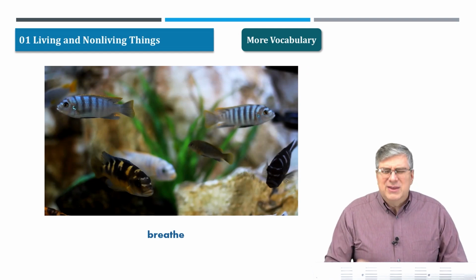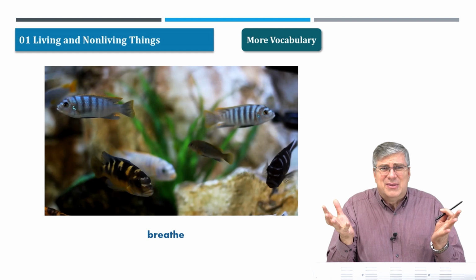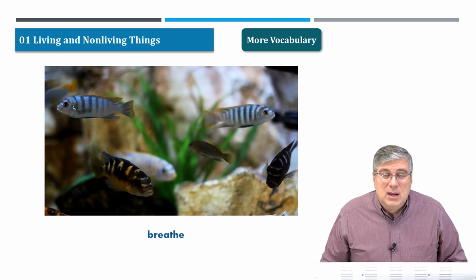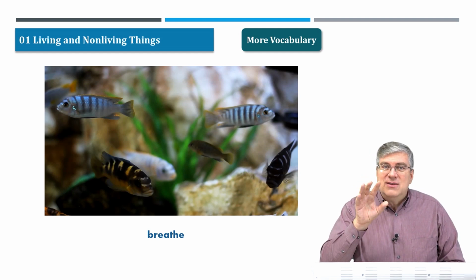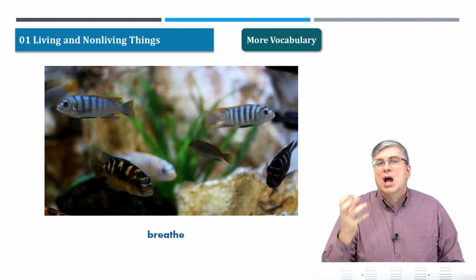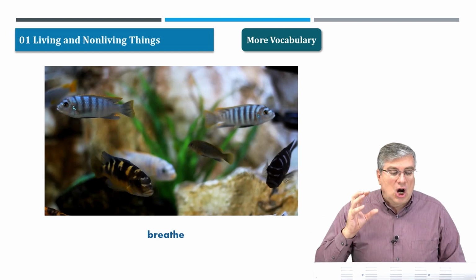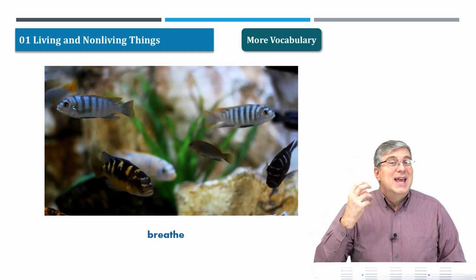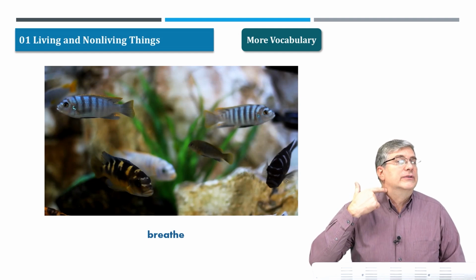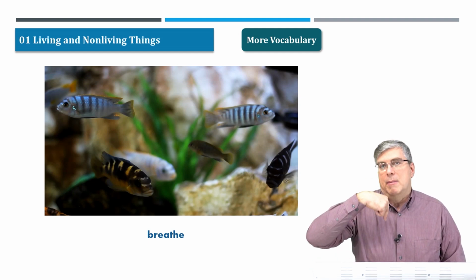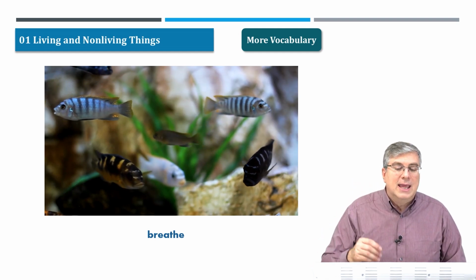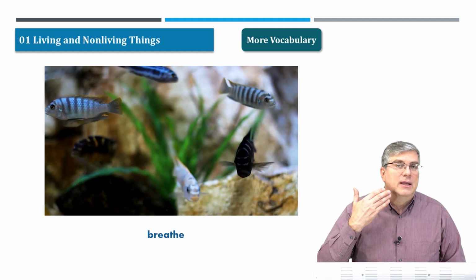Now, fish can breathe. You think, how can fish breathe? They're underwater. Where do they get the air? Well, it's interesting because even in water, there is gas. Water is hydrogen and oxygen. And fish are designed to be able to get the gas, the oxygen that they need, through their gills, right? They don't breathe in through their mouth. They have gills on the side of their bodies, and they are able to take in the gas that they